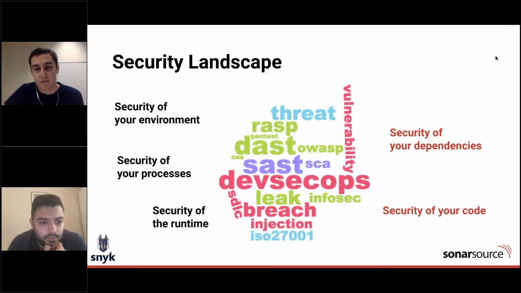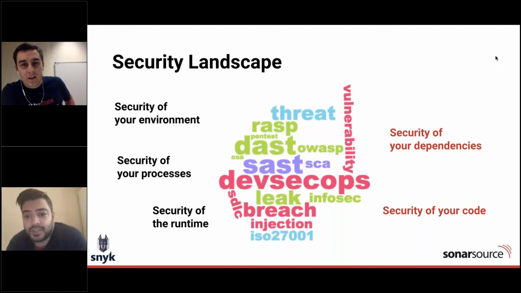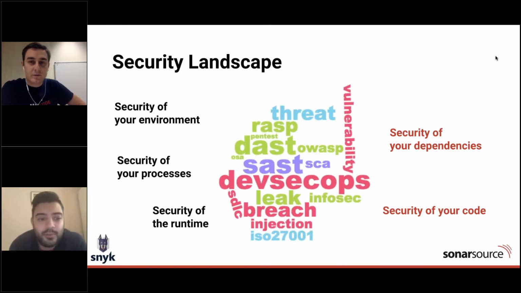Less directly so than, for example, dependencies or the code. So Simon, I think on your side at Snyk, it's more about the security of the dependencies, for example. Yeah, absolutely. So on the right-hand side here, of course, we've got more about the code,